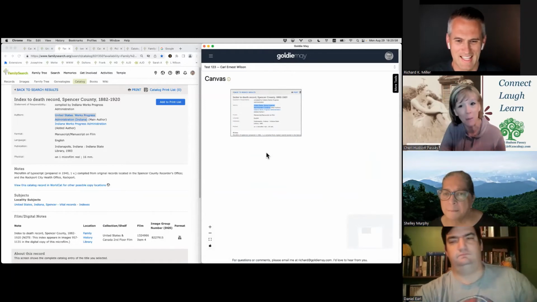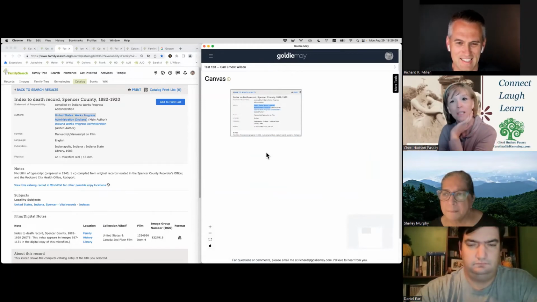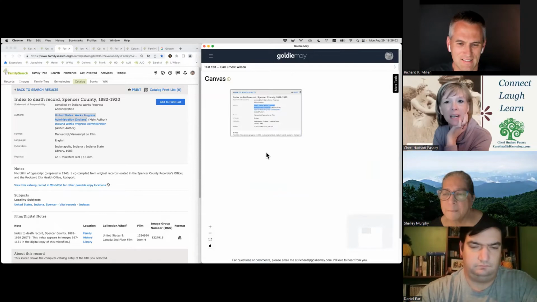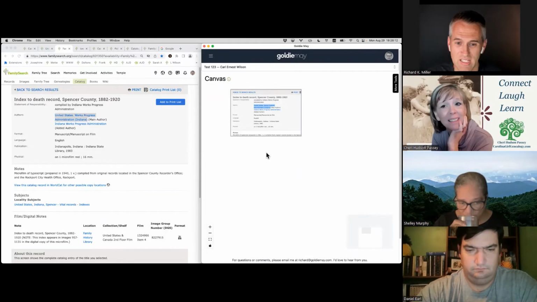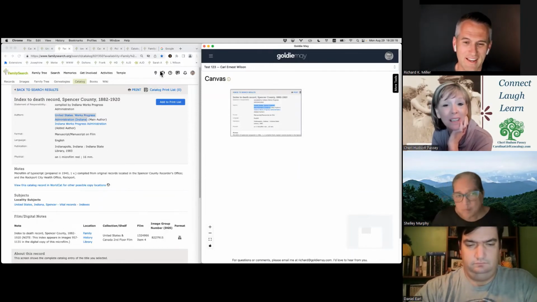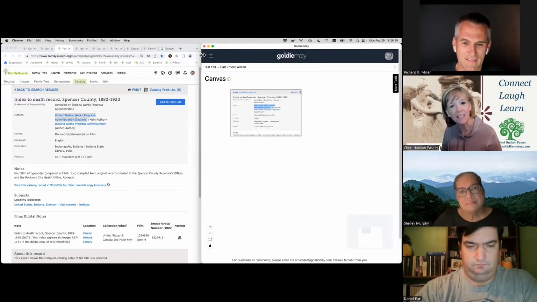I could just copy and paste everything into a program where I want to save it, if I want to save it someplace else. So yeah, that's right. If you talked about legacy, you could just drop your research log out and save it into Legacy or wherever else you want it. So that would be fun too. So many different options and ways, and I'm just seeing how fast it is.